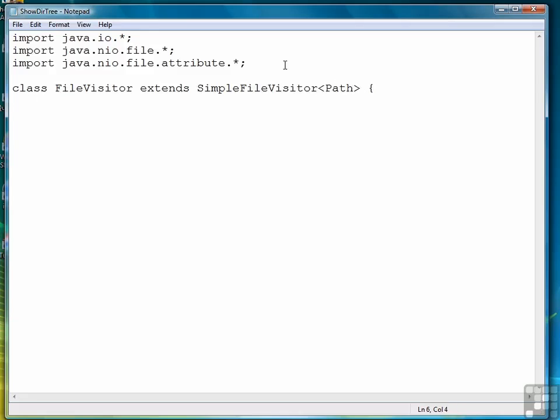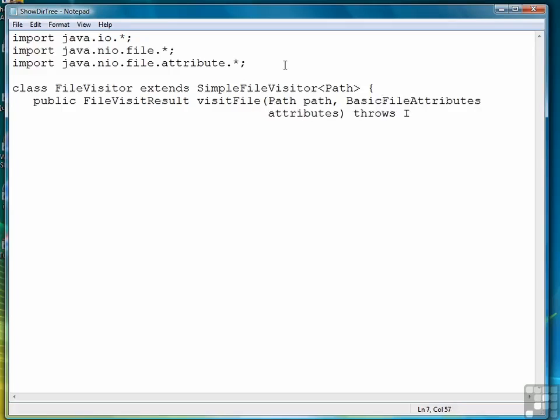In this class, we have to create one method. It returns something called a FileVisitResult, so that's its return type, and the method is called visitFile. Its parameters are a path and then a set of basic file attributes. Continue on the next line, like so. This method throws an IO exception,